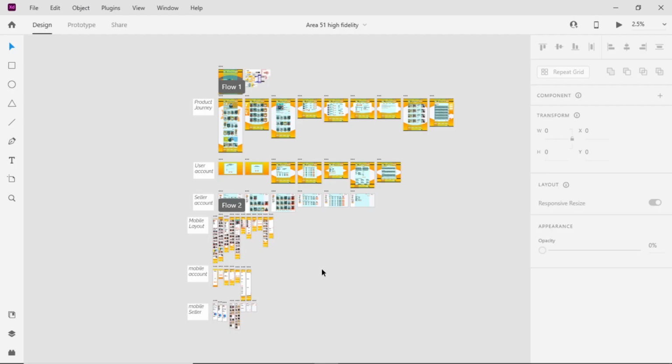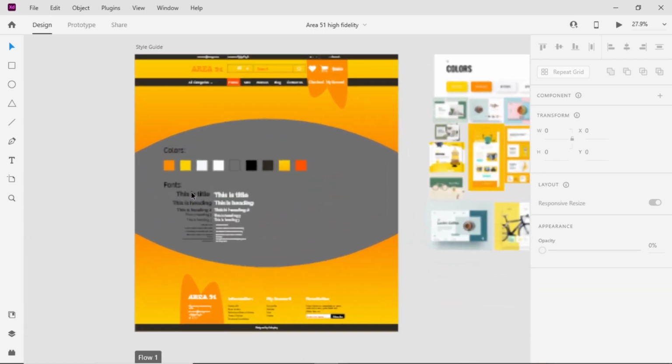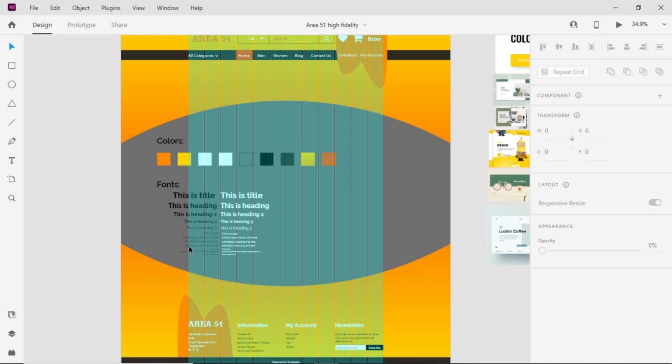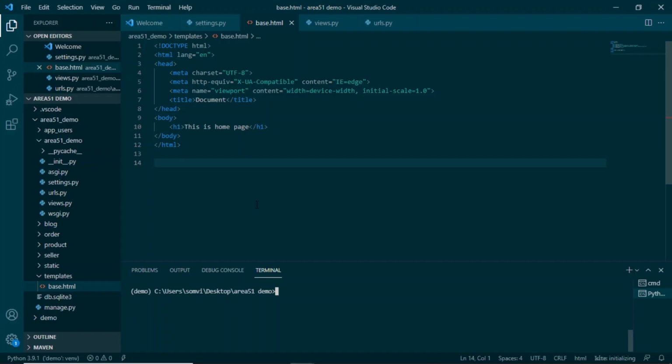This is Adobe XD, and if you remember from previous sections, first of all, we decided what colors we will need, what fonts we will need, and we have set up our mood board. Similarly, in our HTML page, we will first initiate our colors and fonts that we will use throughout the process. So this is our VS Code. We will set up the colors and fonts in our CSS files. CSS files are basically helper files which we can use to design our HTML page. So we will define the CSS files in our static folder.